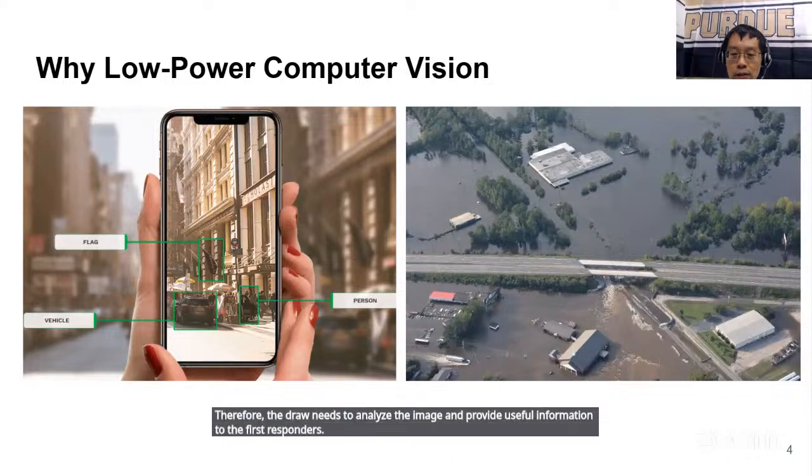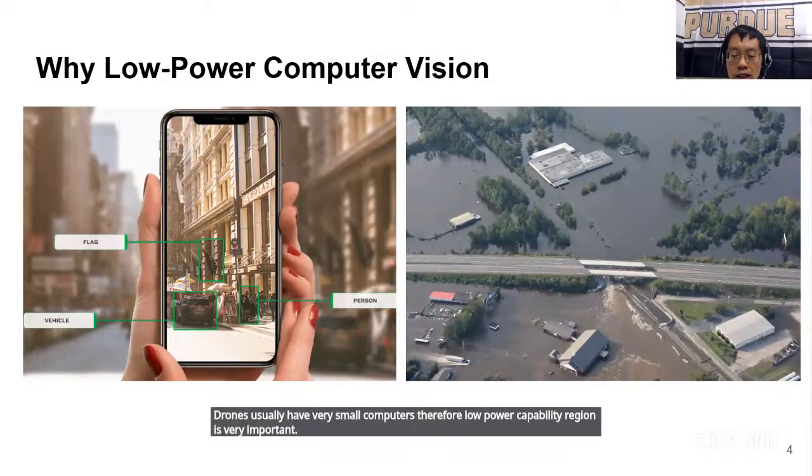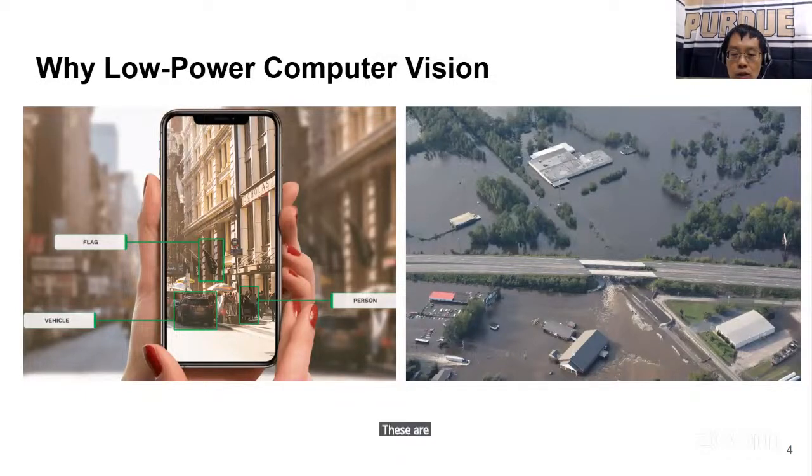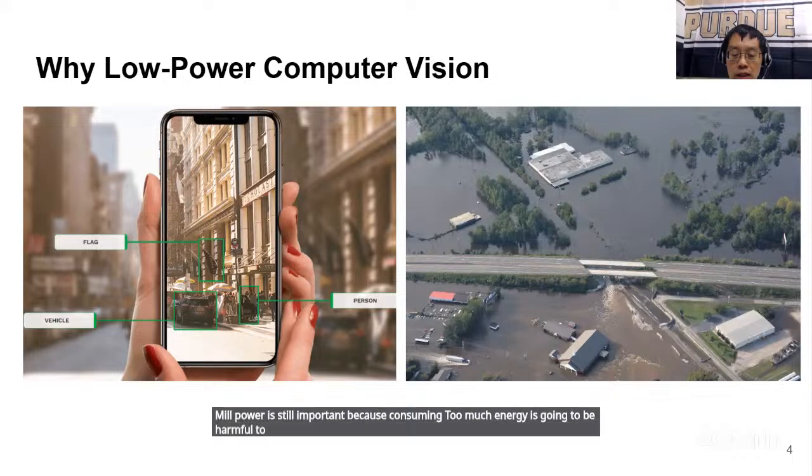Drones usually have very small computers, therefore, low power computer vision is very important. These are just 2 of the examples where low power computer vision is important. Even if you have access to large computers or the cloud, low power is still important because consuming too much energy is harmful to the environment, as well as taking too much time for the computers.